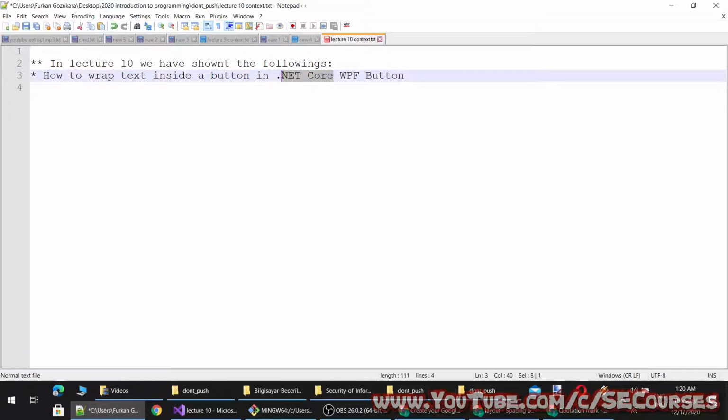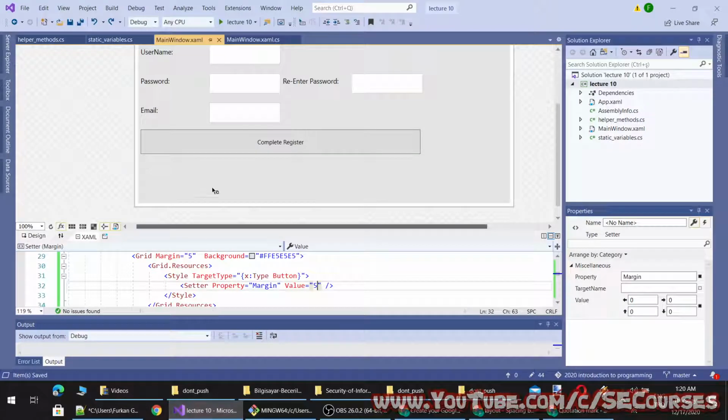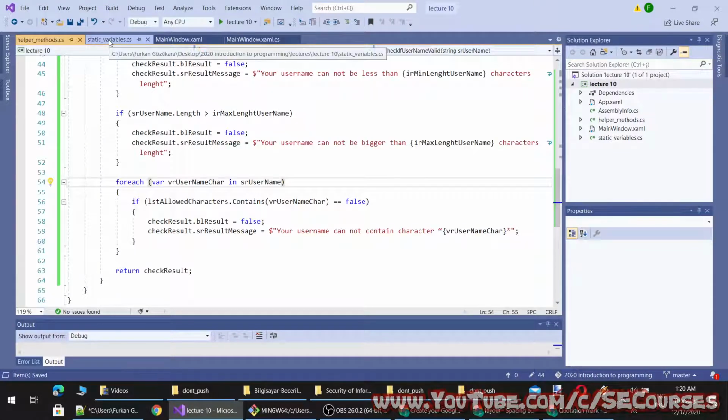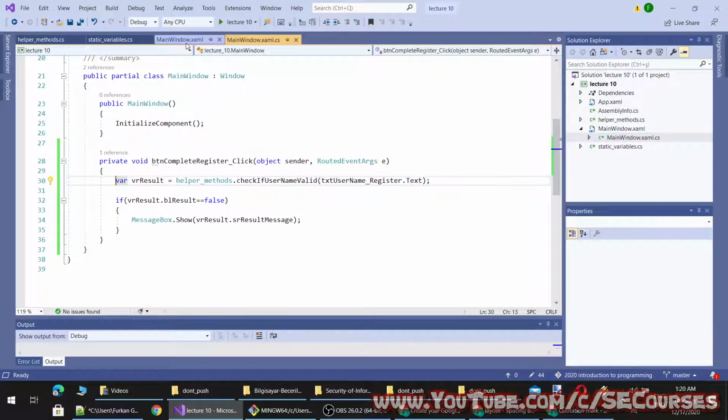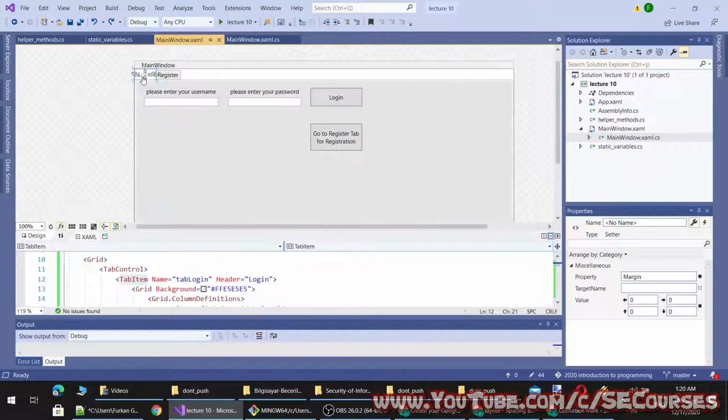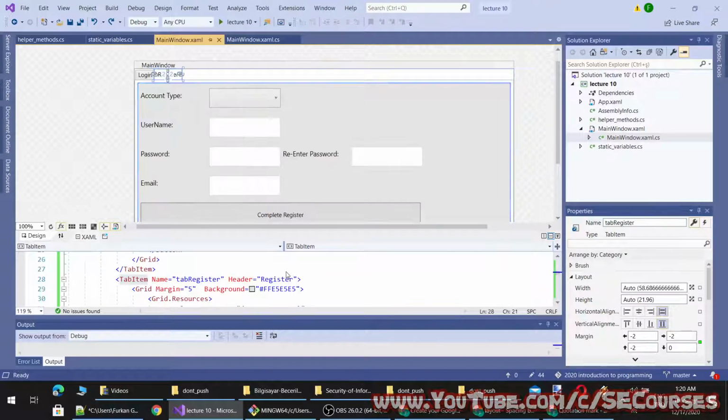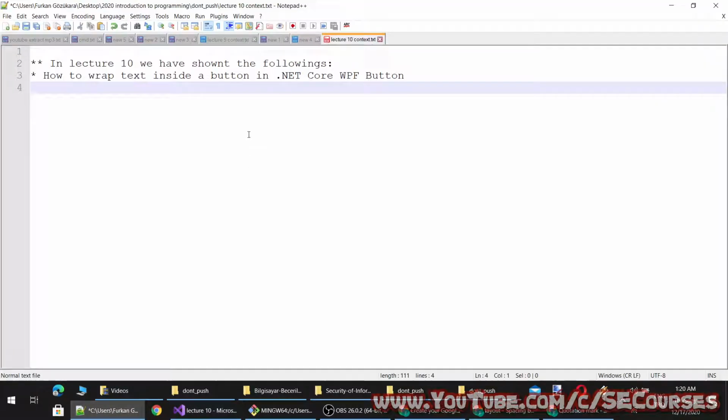By the way, this is just called .NET in the most recent Visual Studio. We have seen how to use a grid system as a table layout.